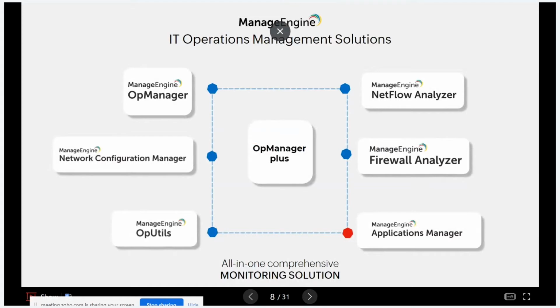So here is an overview of some of the add-ons that OpManager provides. We have Flow Analysis. Using flow analysis, you can monitor the network traffic patterns and bandwidth utilization, using your NetFlows and sFlows. Then we have Configuration Management, using which you can manage your network device configuration, automate policy-based changes,